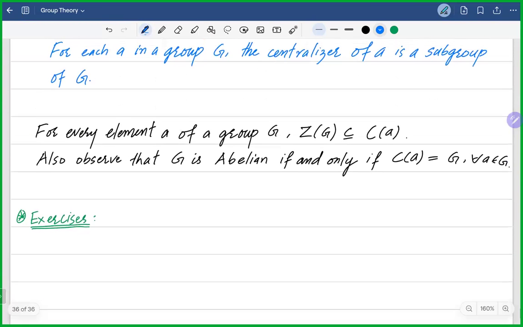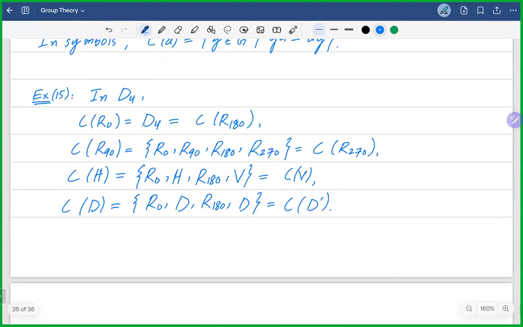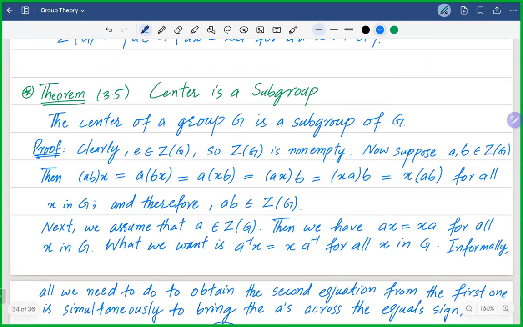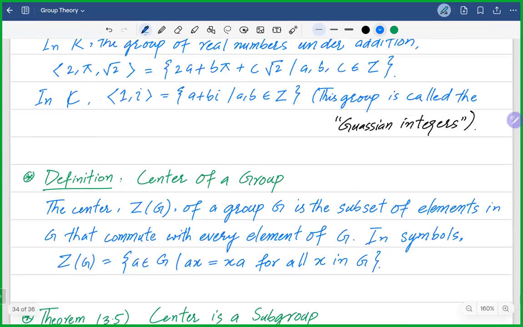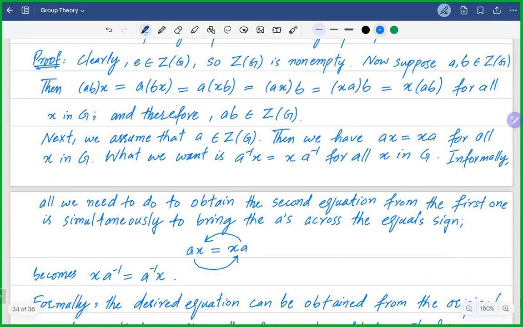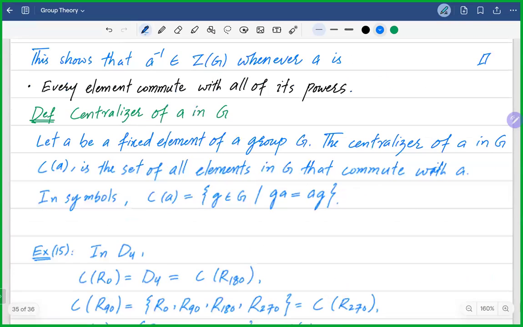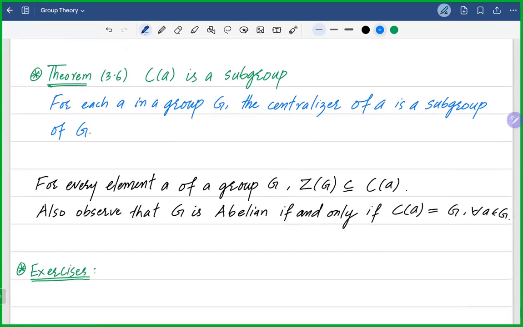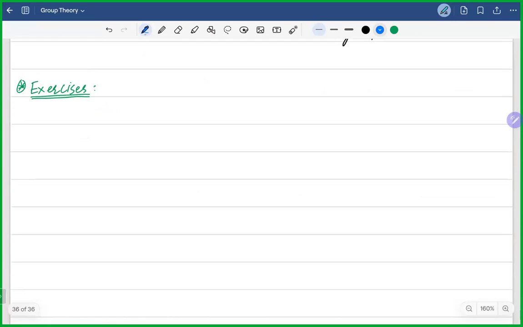So previously we have talked about examples of subgroups, and we have said that we define the center and said that center is a subgroup of the group, and we define the centralizer, and then we said that centralizer of any element is a subgroup. Now we will do some exercises about this chapter. So we start with number one,